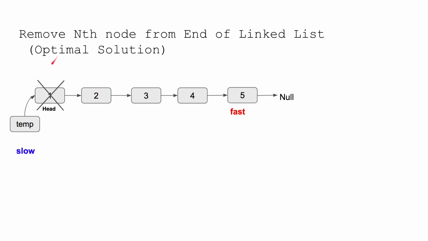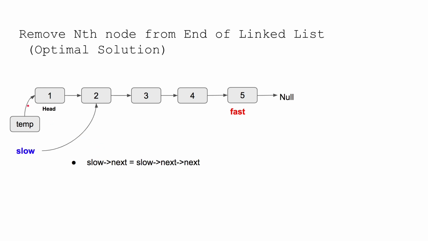So for that, we need to remove this first node, and to do that, we simply need to change the link of this slow pointer to start pointing to the second node. So what we did in the last process, we will repeat the same. We'll simply do slow.next equal to slow.next.next. So here slow.next is the node with value 2. So now slow.next will start pointing to the value 2,